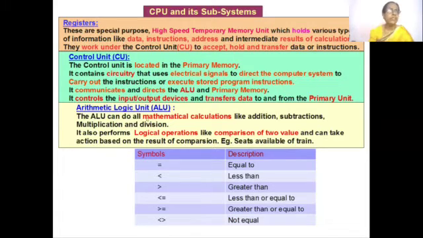The arithmetic logic unit, what does it do? It will do all mathematical calculations. It can do addition, subtraction, multiplication, and division. It also performs other operations like logical operations. That is, it compares two values. Which is greater? If I give you 7 and 4, which is greater? 7. So this is greater than or lesser than. It's comparing. That's called logical operations. Even when you go into the trains, if you have 200 seats, when the 200 seats are full, it will tell you, okay, there are no more seats available. So this is used for comparison.